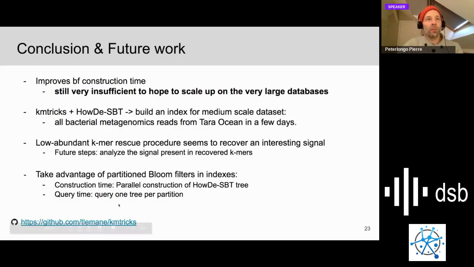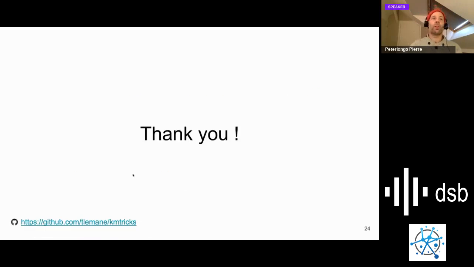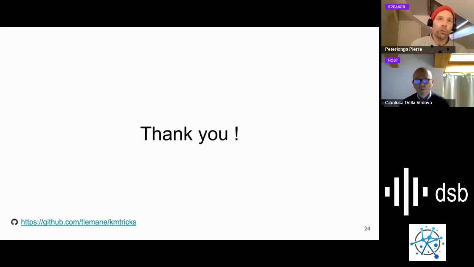The GitHub is available here, and once again, I would like to emphasize the fact that there was a lot of work made by Theo, and this tool should be end-user ready. And something important to say also is that it contains a lot of modules, a library that you can use independently. So please use it,